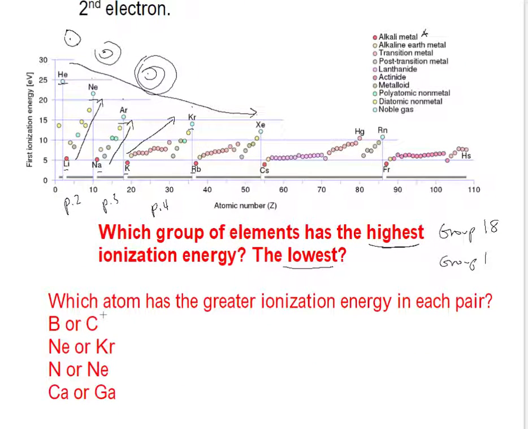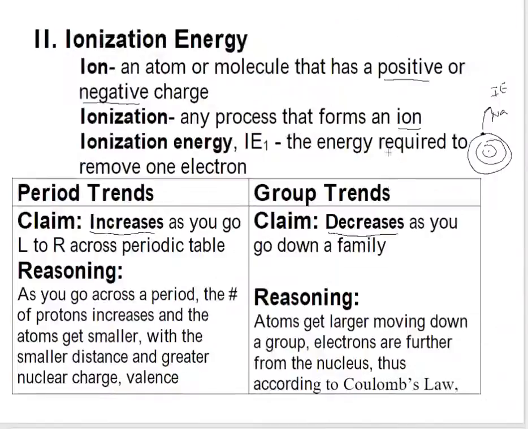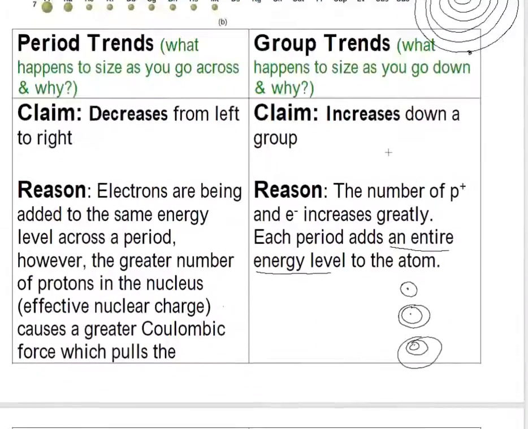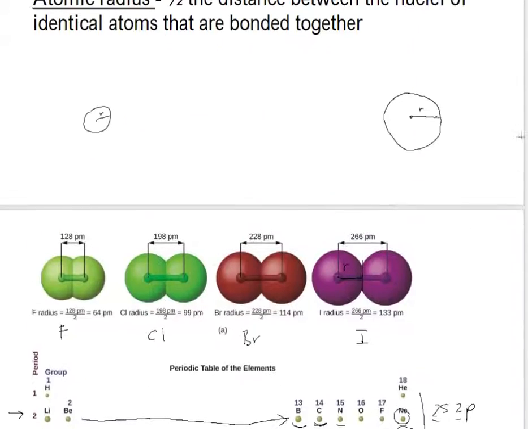And that means carbon actually has the greater ionization energy. Neon or krypton? Well, neon is right here. Krypton is down here. Krypton is a bigger atom. It's down on the periodic table. So if I look at where they're at on the periodic table, neon